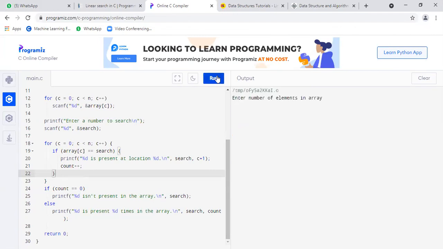For example, enter the number of elements in the array: 2. Enter 2 numbers: 3, 4. Enter the number to search.